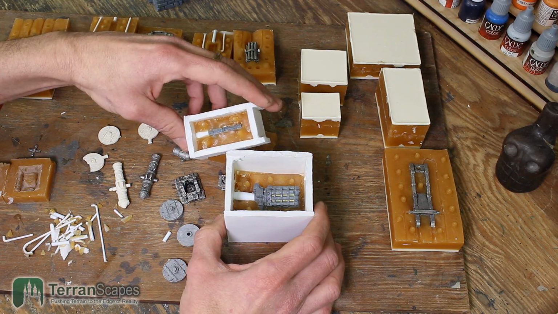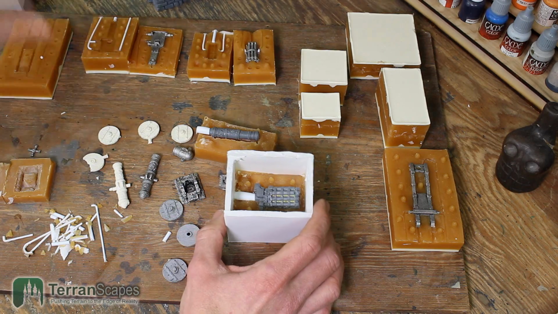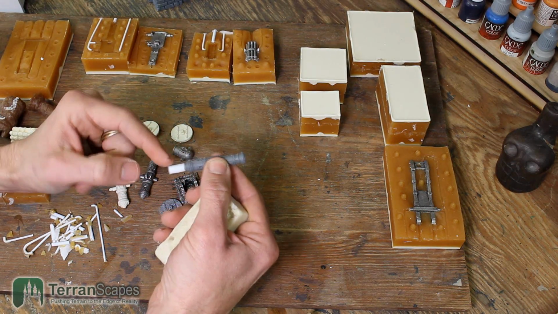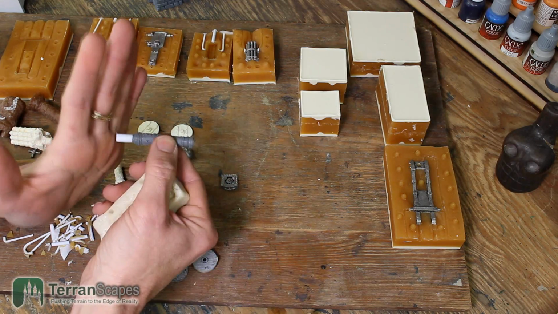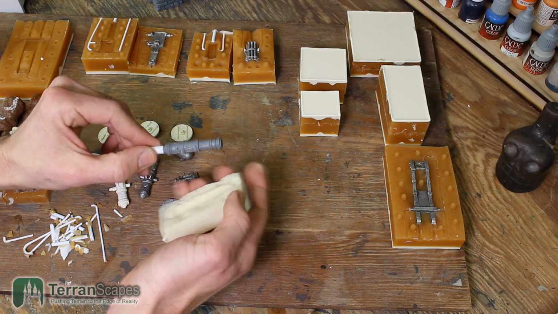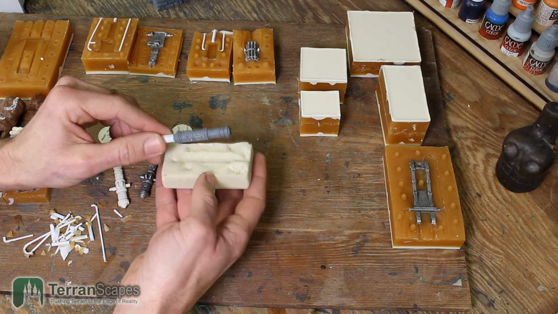I don't know if you know the steam tank. And I made a mold of them. So what I did is I made a pour spout, mounted it to the side of the box. This would be the mold box, right? I made a box for it. Then I